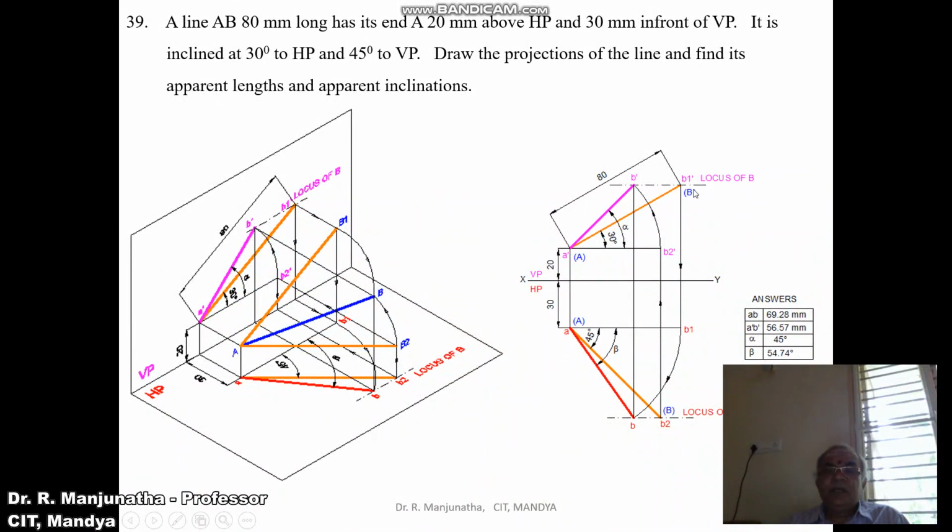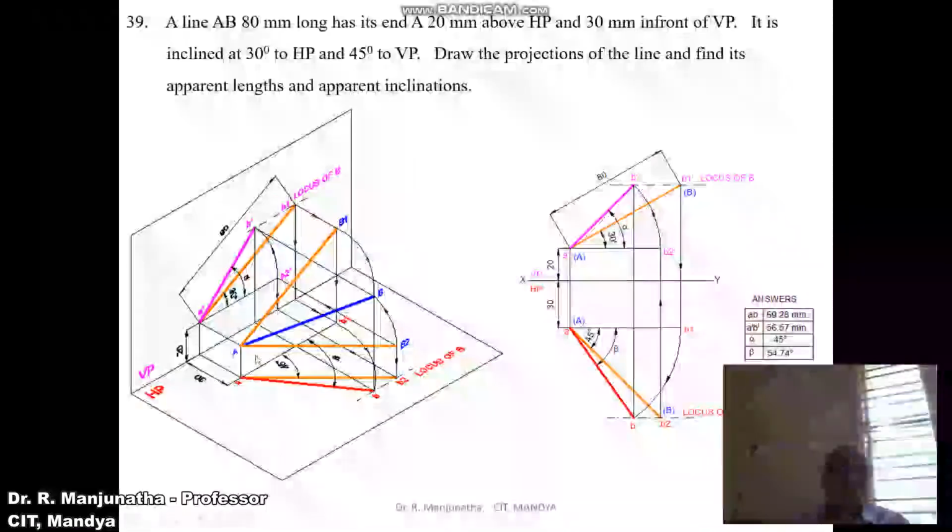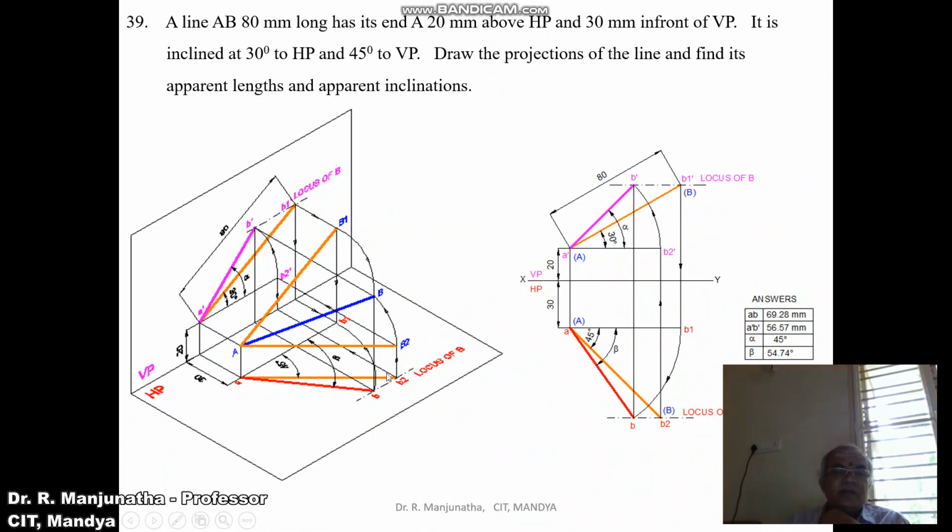Then write capital B here and capital B here, and join A B2 a little bit darker than the XY line. So now you will get the true length in the front view and the true length in the top view. That is the reason why we are representing this as capital A and capital B, and capital A and capital B. That means the true length of the line is the same in both the front view and the top view. That is also quite evident here. This is the line we are showing here, and this is the line we have shown till now.